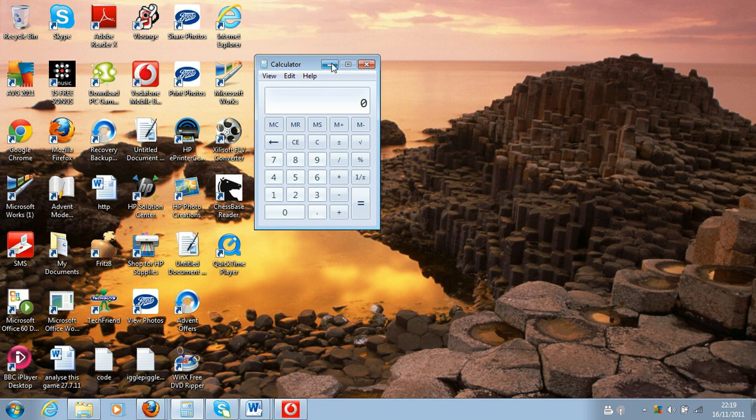Okay, so the other options we have are these three buttons here. Now the button slightly to the left is a minimize button, the one slightly to the right is a maximize button, and the one to the furthest right is the close button. And yes, that is exactly the same as the close option from this menu. It's something you'll find in Windows. There is a lot of duplication, which some people find useful. Okay, so let's click